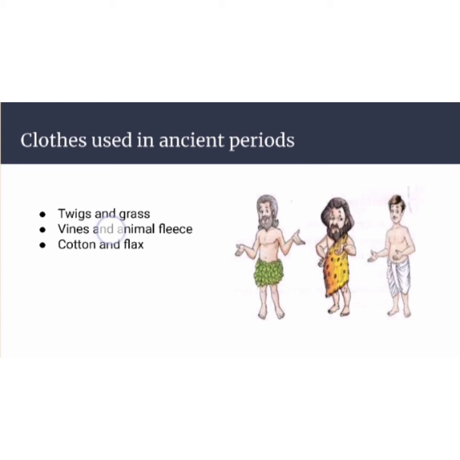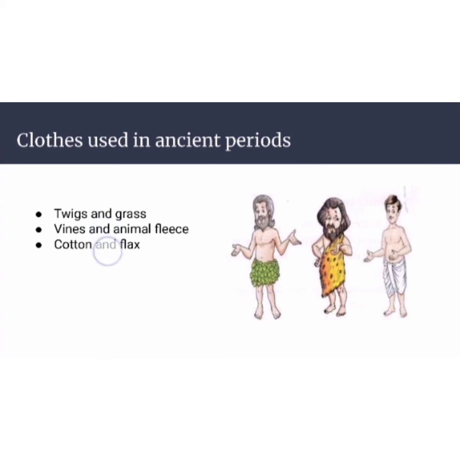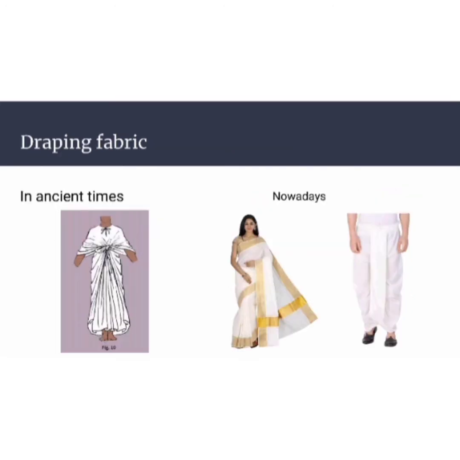The early Indians wore fabrics made of cotton that grew in the regions near the river Ganga. Flax is also a plant which is used to make fibers. In ancient Egypt, cotton and flax were cultivated near the river Nile, and they were used to make fabrics to wear. In those days, stitching was not known, right?